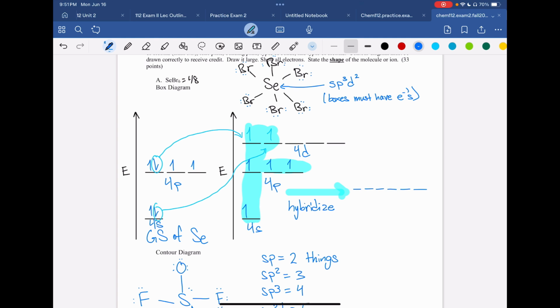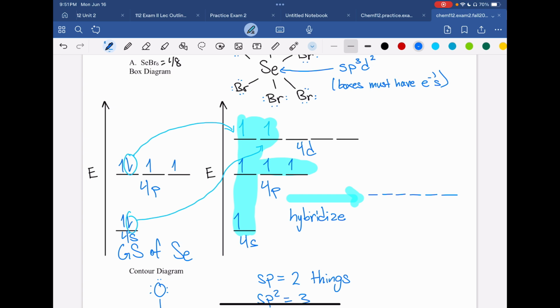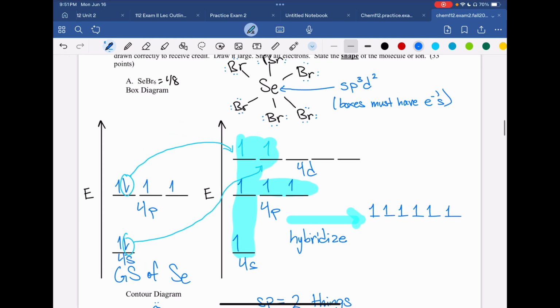This is crucial. This just tells you that this hybridization is in the energy diagram, okay? This also might impress him, that you know your stuff, that you know that it's higher than the S, lower than the P, okay? So you take all those electrons, separate them, okay? And then here come your bromines. There's 6 of them,